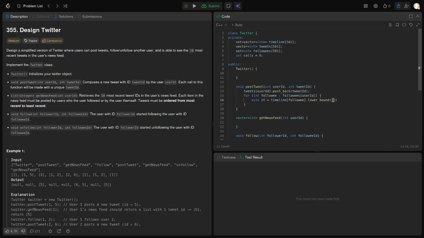That is very interesting, because I don't know what the calls is, right? So actually here I need to store pairs, right? So here this is a vector of calls, tweet index,